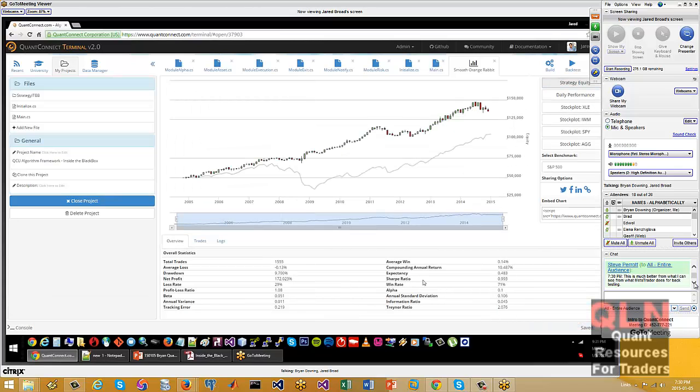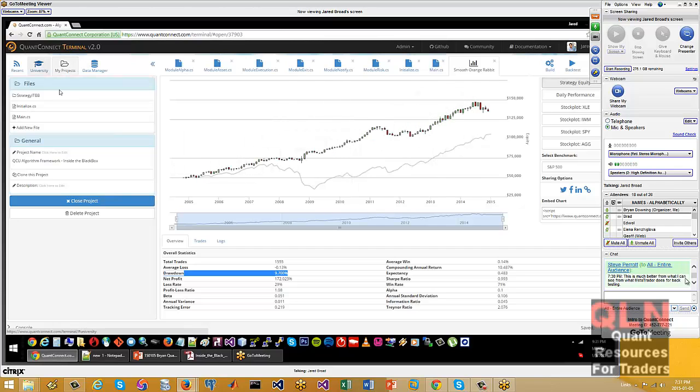The Sharpe ratio here is almost 1.9. The expectancy, I don't know if it really applies here. It's a portfolio strategy. The drawdown is 9.7 on this, trading ETFs mostly.